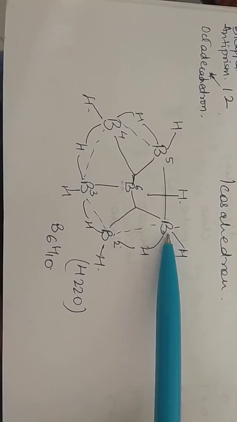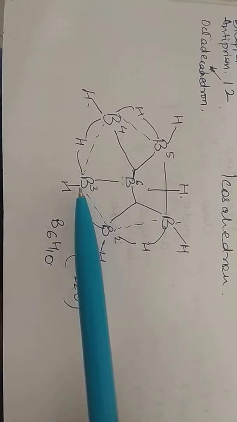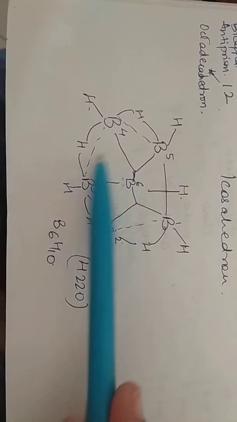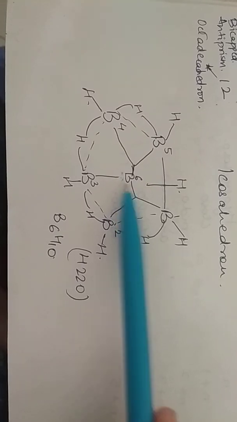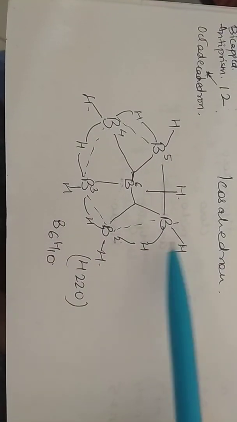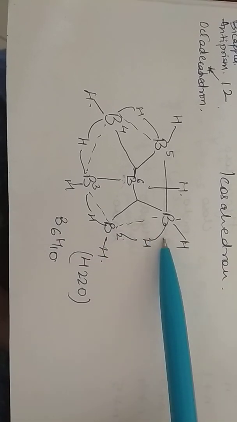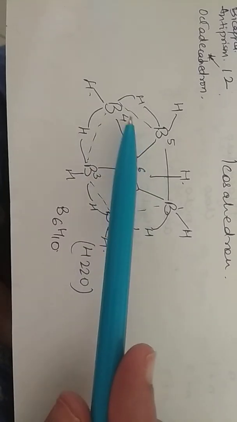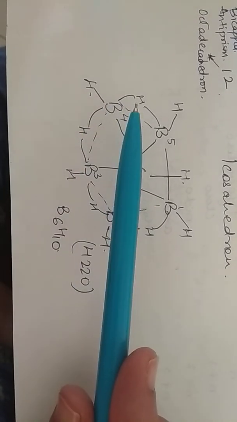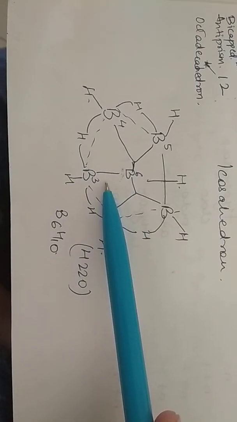Here is the first borane, that is B6H10. So B1, B2, B3, B4, B5, how we understood that we need to arrange them clockwise, and then the inner one is B6 and corresponding hydrogens are attached. Here there is a terminal hydrogen and one bridging hydrogen. Here again one terminal, one bridging. So each of the borons has one terminal and one bridging hydrogen in its bonding structure.